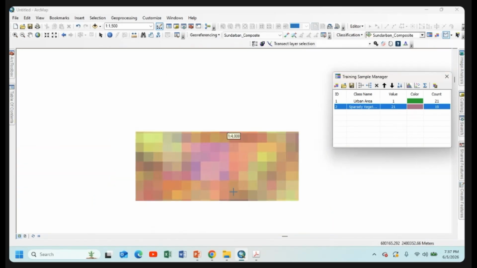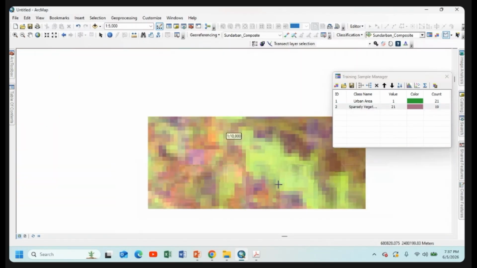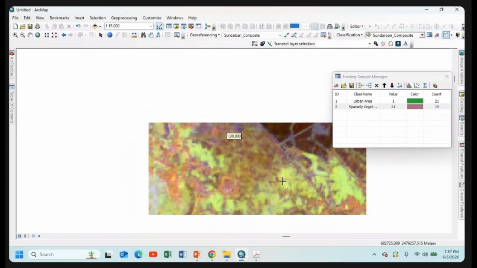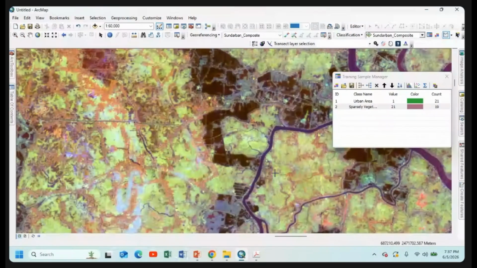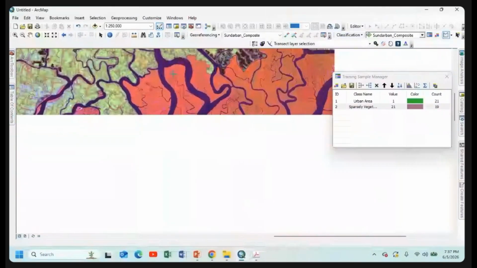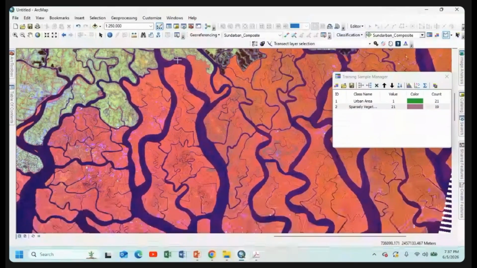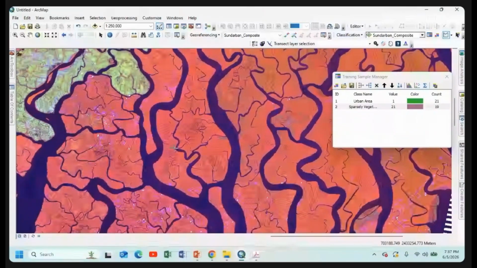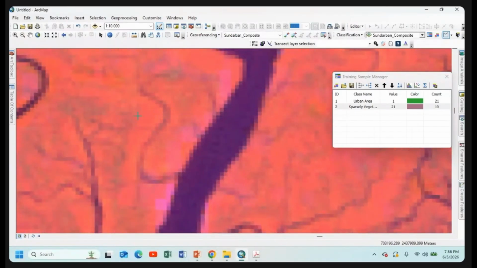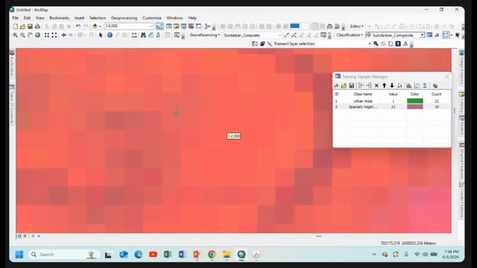Next, we will go to our third feature, that is healthy vegetation. As mangrove is here in the map, we will collect our healthy vegetated area. So how could you collect this? We minimize the map and go to this area, which is actually the highly vegetated area, that is the core mangrove area. Our mangrove region is situated here. So easily we can collect from the deep red or deep pink color.